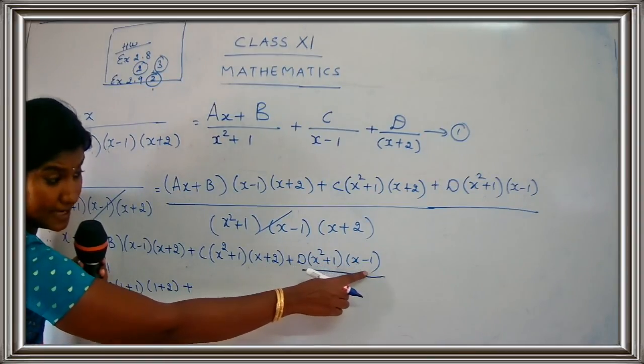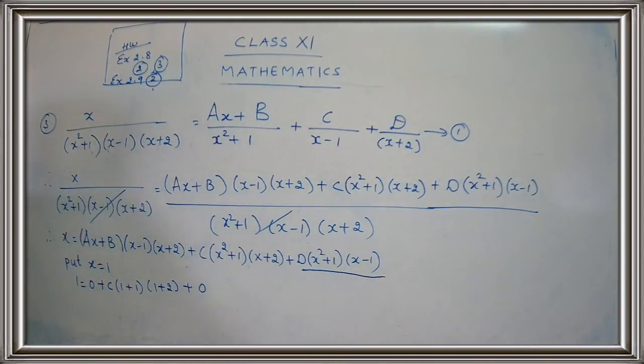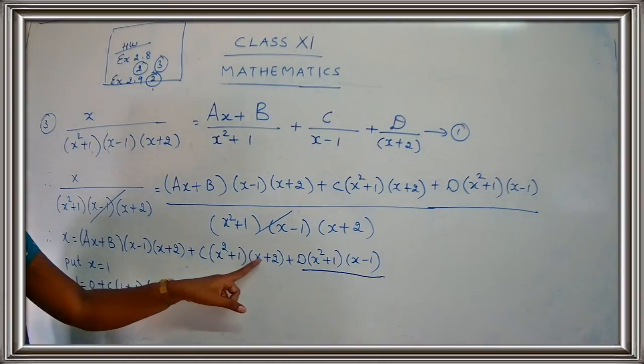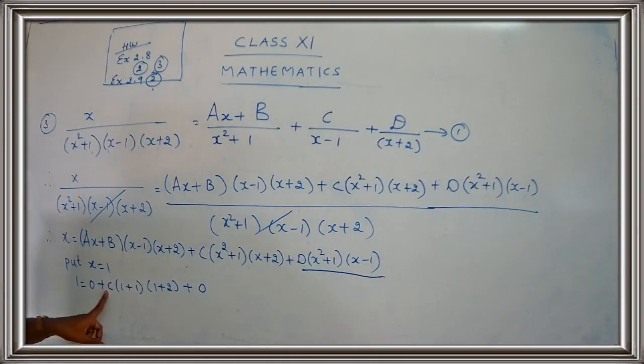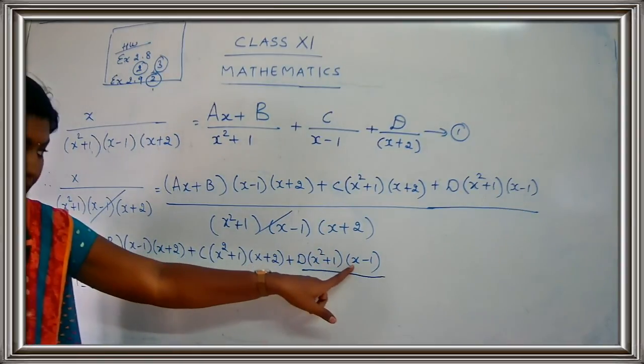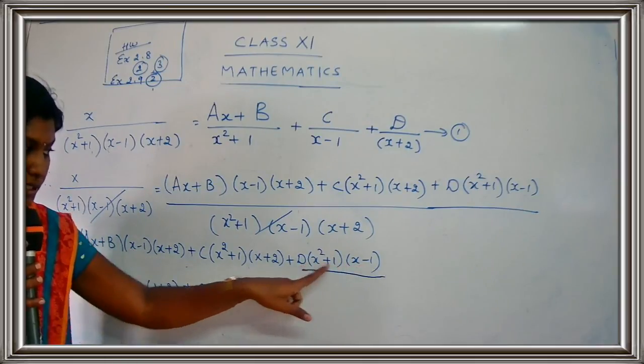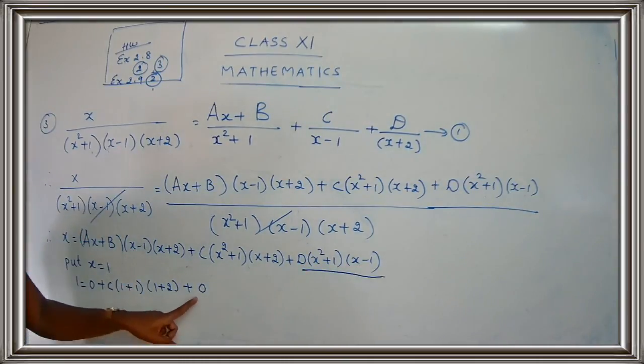But here we have x minus 1, so 1 minus 1 gives you 0. So this term becomes 0. Are you clear with this step, children? We have taken x is equal to 1. If I put 1 here, this term becomes 0, so when you multiply by 0, I get a 0 answer. Similarly, here I don't have x minus 1, so I have just substituted the value for x. So c, 1 square is 1 plus 1, that's 1 plus 2. Here again I have x minus 1, so 1 minus 1 gives you 0, and if you multiply by 0 to this term, you get a 0 answer. So I put here 0.